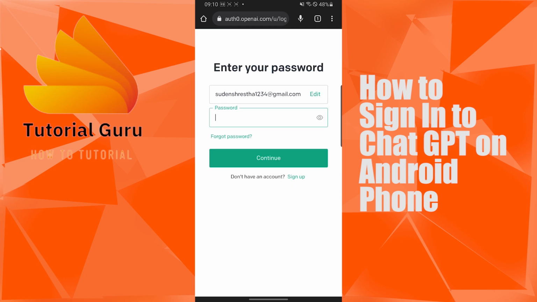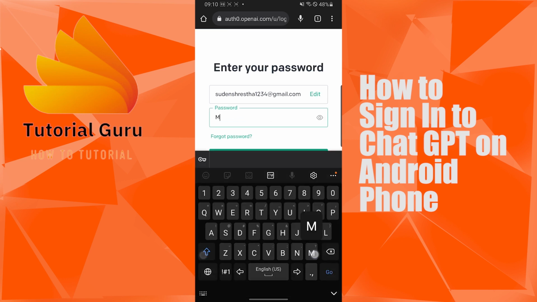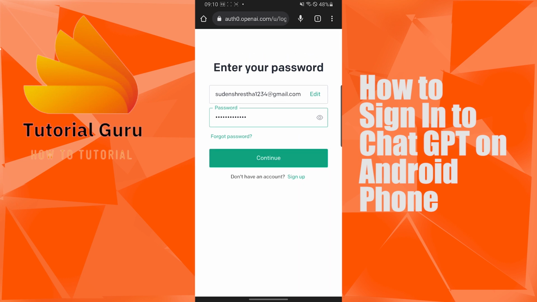And on here, on the next step, we'll be required to enter our password over here like this. And below you can see there is the forgot password option available. If you have forgotten your password, simply tap on forgot password if you want to retrieve your password. With that being said, after entering your email address and your password correctly, tap on continue,